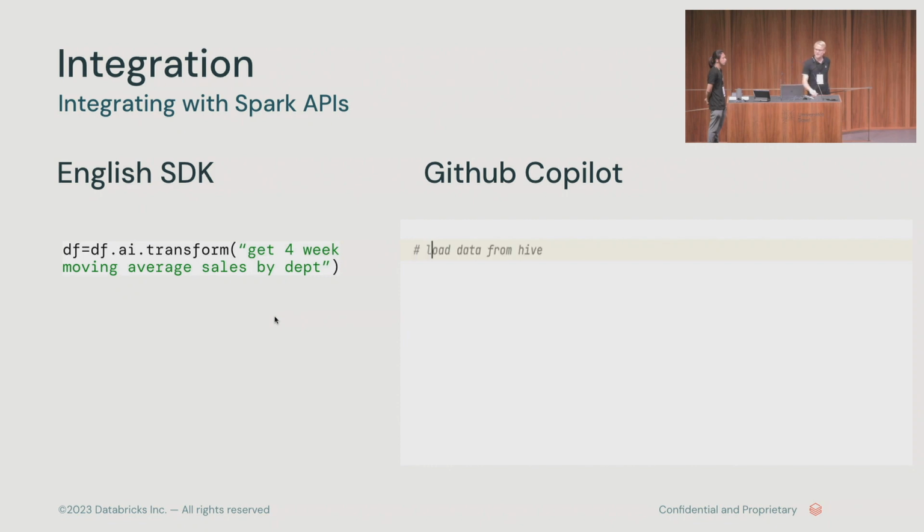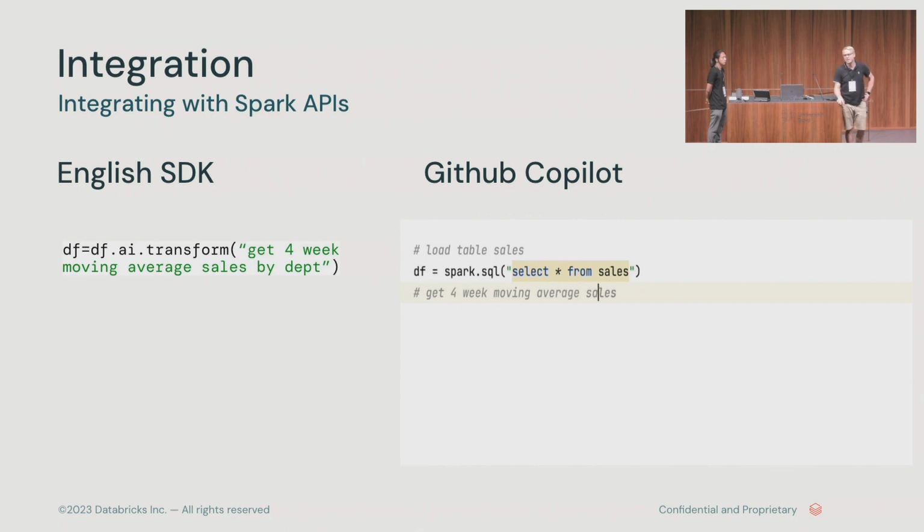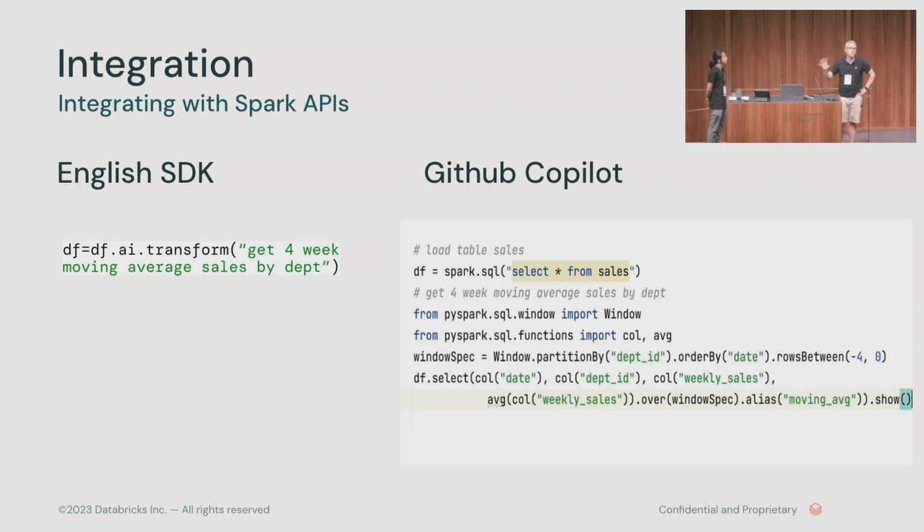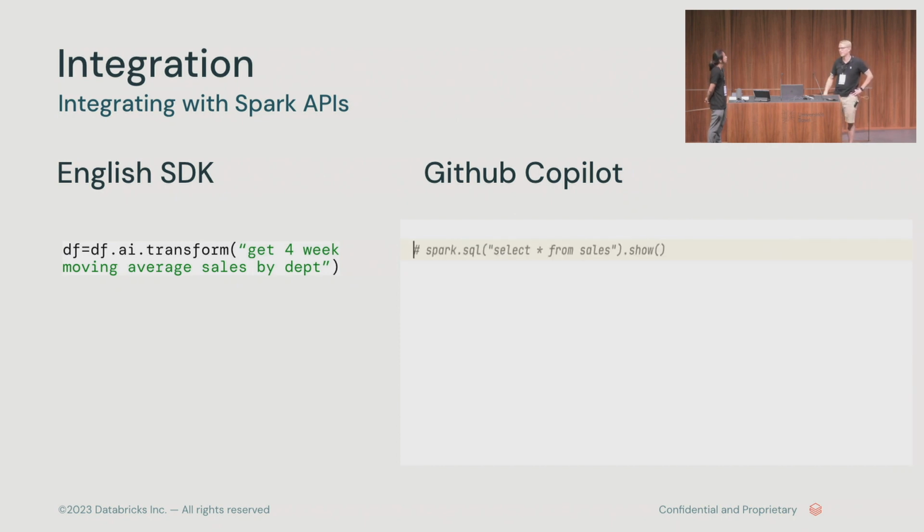So you might ask, how is this different from all these other assistants and Copilot and whatever else you see out there today that is leveraging generative AI? Well, it's different primarily in that it returns a PySpark object, like a data frame. And these traditional methods are super helpful, by the way, I'm not taking anything away from that.